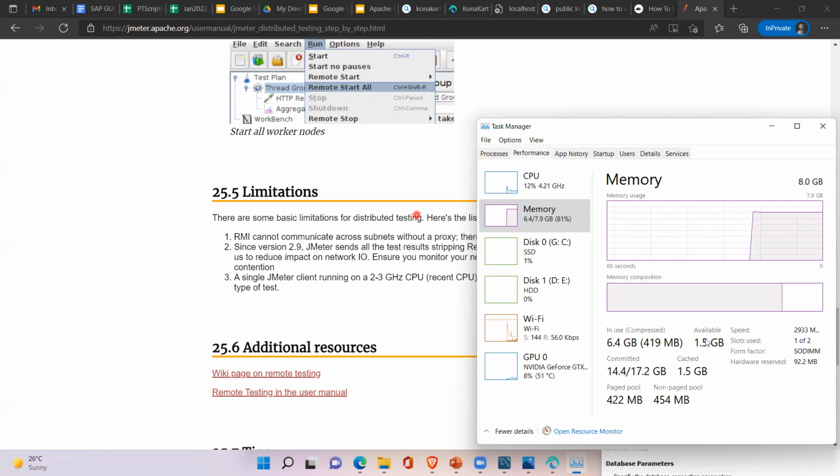If you are running a web protocol script, how much RAM does each user consume? I gave some numbers on that: 5 to 10 MB. Each user will take around 5 to 10 MB.